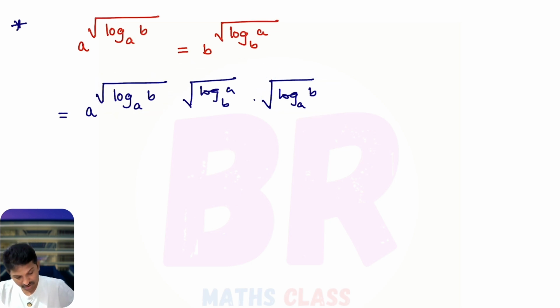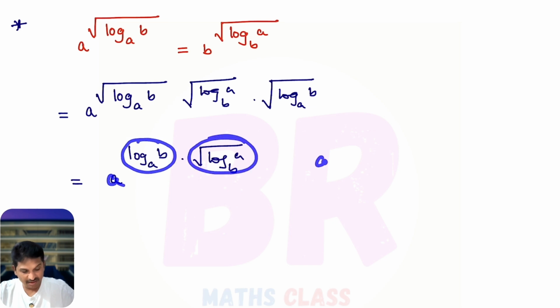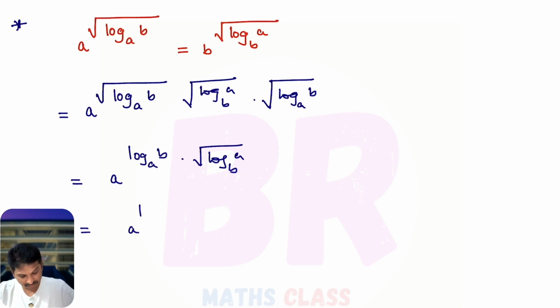So what you will get here is a power log b base a into root log a base b. See, this is like a power mn, and a power mn can be written as a power m whole power n. So I'll write this as a power log b base a whole power root log a base b,